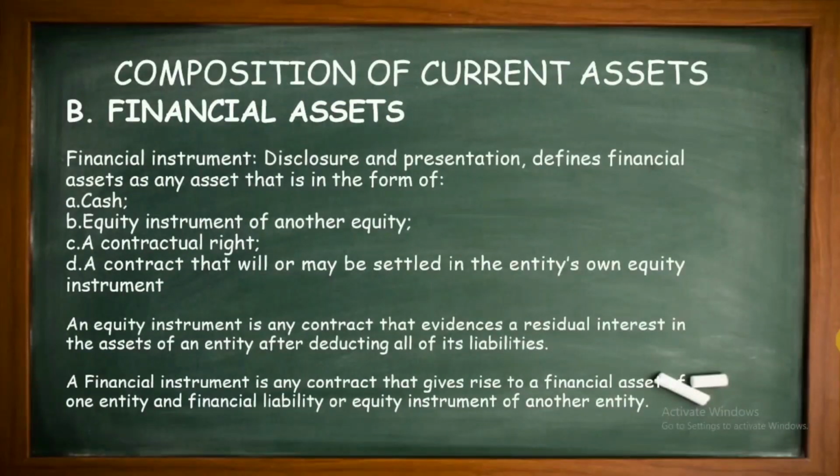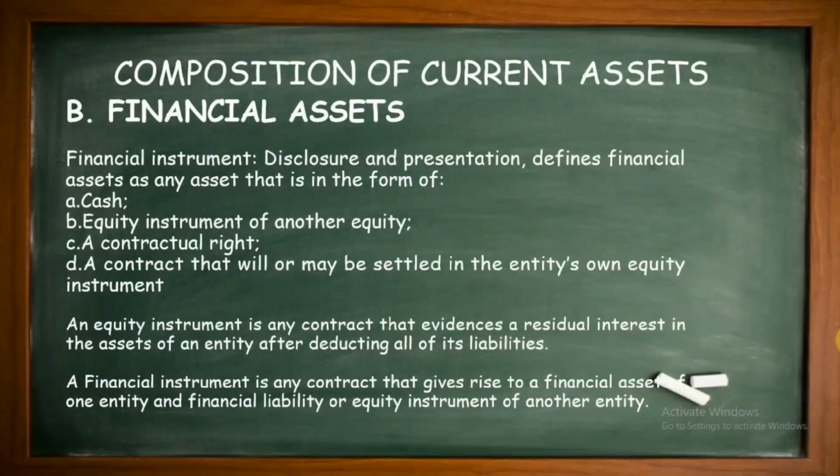Next is the financial asset. So, ang financial asset is a liquid asset na kung saan nakukuha ang halaga nito mula sa isang contractual right, na ang ibig sabihin is it is a set of rights guaranteed whenever people enter into a valid contract with one another. Example is right to sell a product or services. Examples of financial asset are stock, cash, bonds, mutual funds, at yung mga nide-deposito sa bangko.